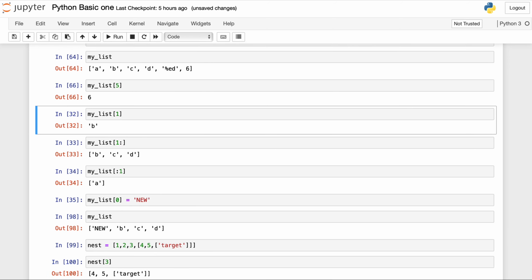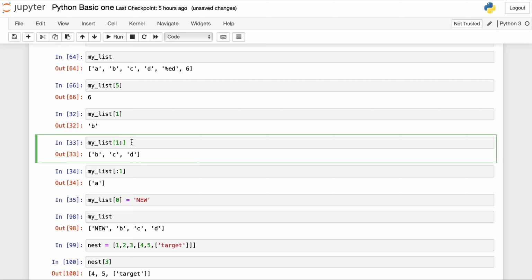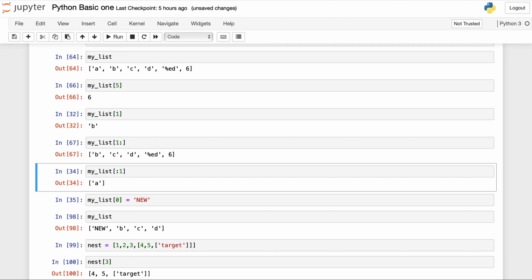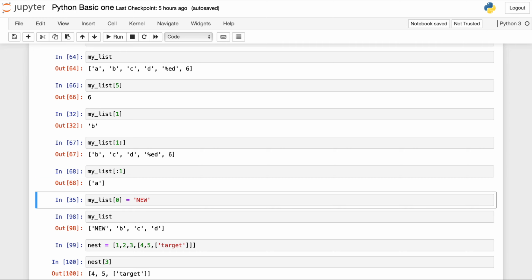And you can use the slicing operator. If you want to print all the elements from the first index to the last index, you can do A of colon. When you do A colon, it will print from the first index to the last index. Similarly you can do from the starting index up to a given index. It starts from 0 and goes to n, where n is 1, so we get the value A.